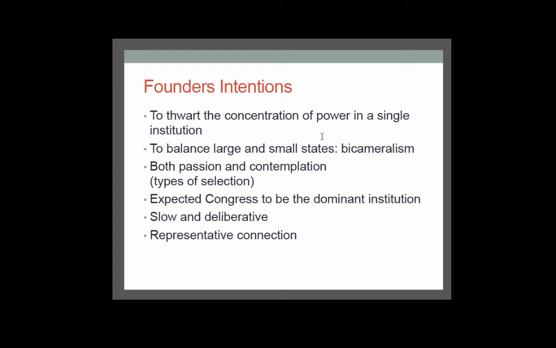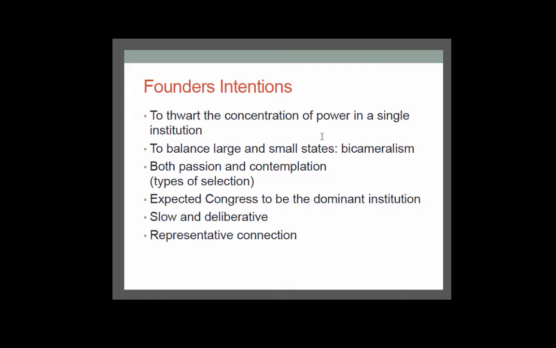We also intended, at least the founders intended, that each branch would have a different nature because of the way they were selected. The Senate is selected by everybody in a state, the House by members of their district, and therefore we would have different types of what they would refer to as nature to them. The House of Representatives would be a much more passionate body, the most democratic, directly elected by small constituencies, and therefore re-elected every 2 years. So very often, this would make them a much more passionate